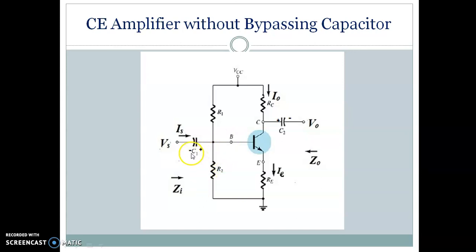And you have the coupling capacitors C1 and C2. The role of the coupling capacitor is to block the DC component entering the amplifier, so that the operating point will not be disturbed. From the source, any DC signal available, we don't want that to enter the amplifier, because that will disturb our operating point. Similarly, at the output, we want only the AC output, so we have put a coupling capacitor to block the DC component. Across RE we don't find any capacitor, so we can call this circuit a CE amplifier without bypassing capacitor.